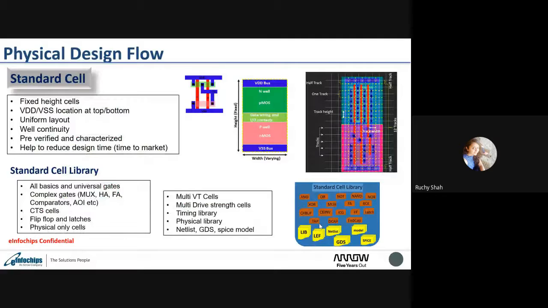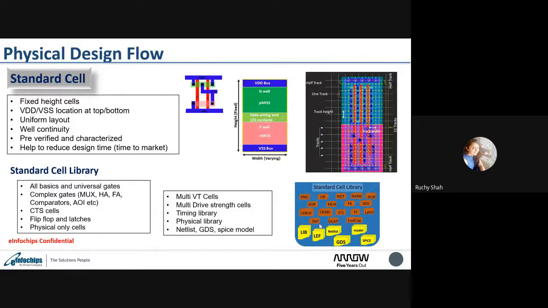Okay, moving forward, I would talk something about standard cell here, because all the designs are in terms of standard cells only here in physical design. As I mentioned earlier, we are not going to build any gates using transistors. Already the gates are characterized and built there. We call it standard cell.